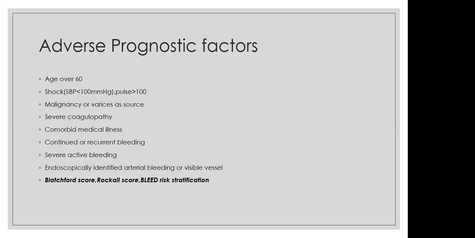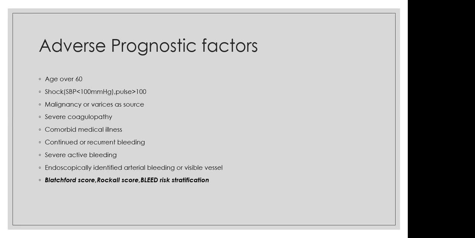The Blatchford score, the Rockall score, and there's also a bleed risk stratification scheme. All these have components that help you to assess the prognosis